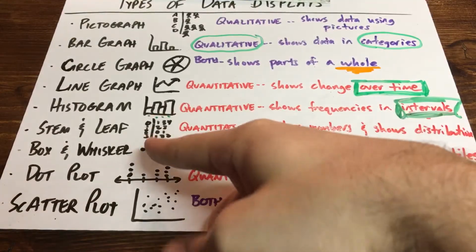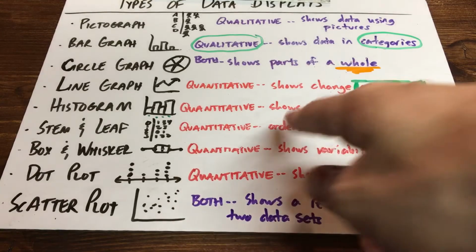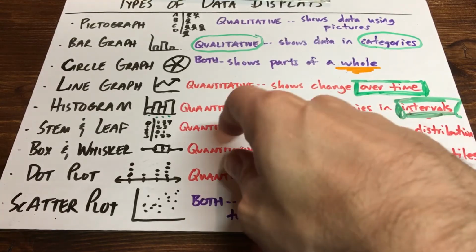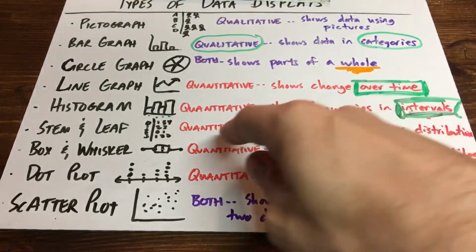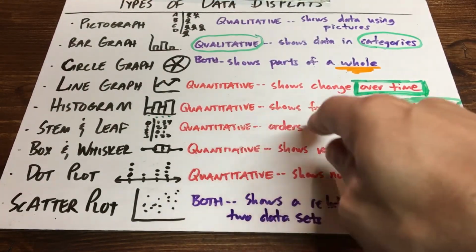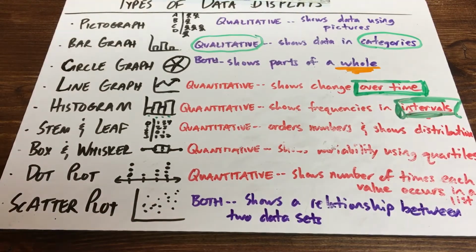A stem and leaf plot kind of looks like this. A stem and leaf plot is for quantitative data because it's for numbers. You can actually use a stem and leaf plot for things like jersey numbers, so it could be both. But it's typically for quantitative data, and it's going to put numbers in order, and it's going to show how they're distributed, right? Or distributed, let me speak English correctly. If you want to put numbers in order, you just want to demonstrate a bunch of numbers,